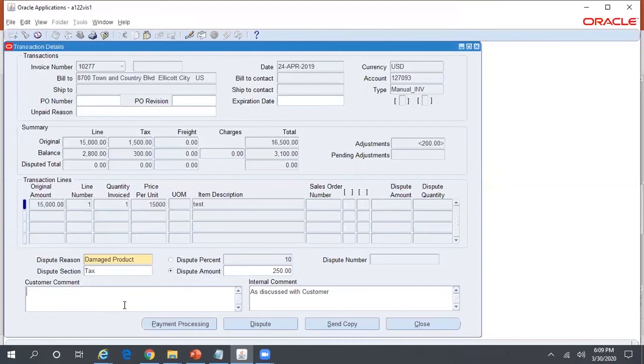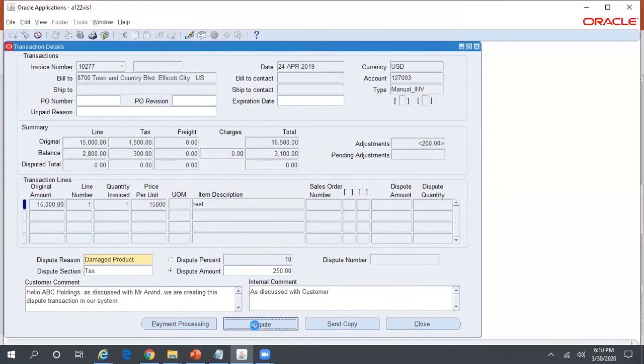So you can just say, hello ABC Holdings, as discussed with Mr. Arvind, we are creating this dispute transaction in our system.